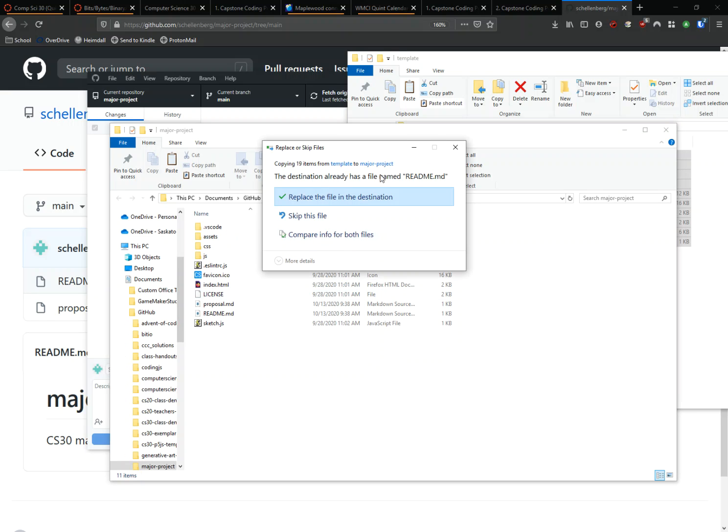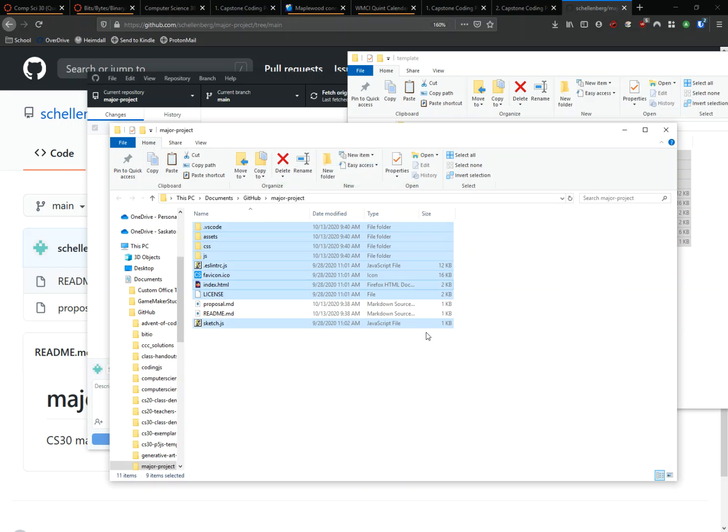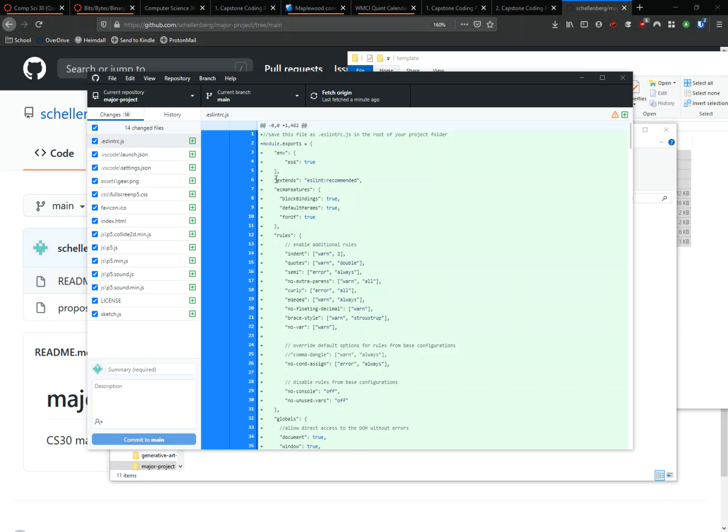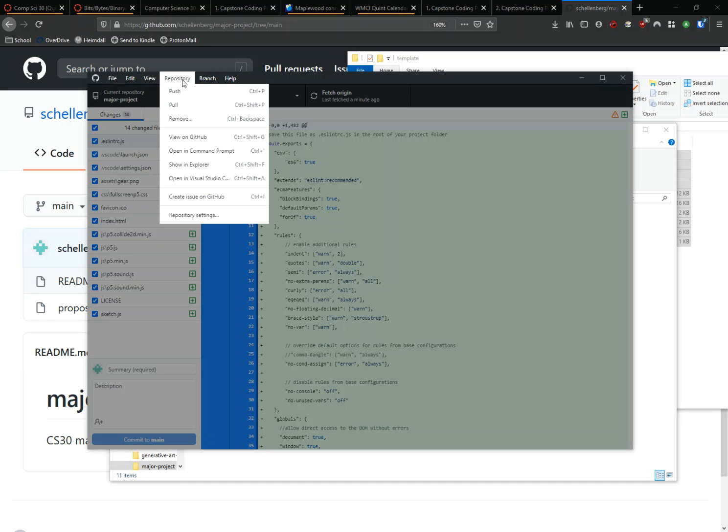And it asks me, do I want to get rid of the README? Nah, I'm going to skip that file. We don't need that other README from the template. Okay, in which case now I've put all of that template stuff inside my major project. So again, just to make sure that everyone's with me, on the GitHub Desktop app, you should now see a bunch of files that have changed. And if I were to open this repository in VS Code, so if I hit repository and open in VS Code,